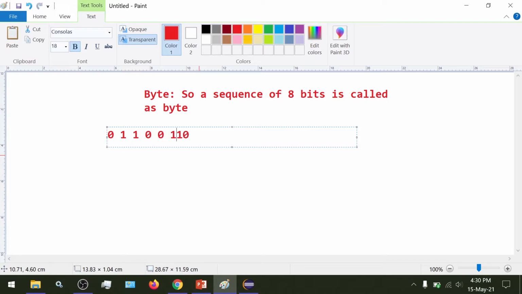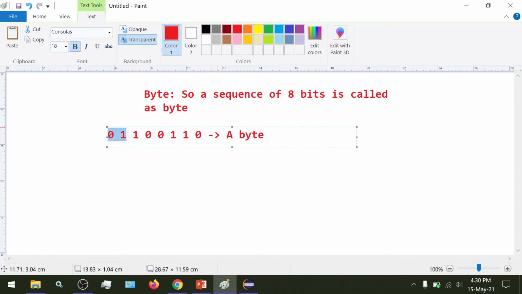Here as we can see, there are a total of 8 bits. These 8 bits together are called a byte. So just understand this: a single 0 or 1 is said to be a bit, and 8 bits together is called a byte. Like we have weight representations in our daily life, we have grams, and then a collection of 1,000 grams is a kilogram. Like that we have 8 bits as a byte.